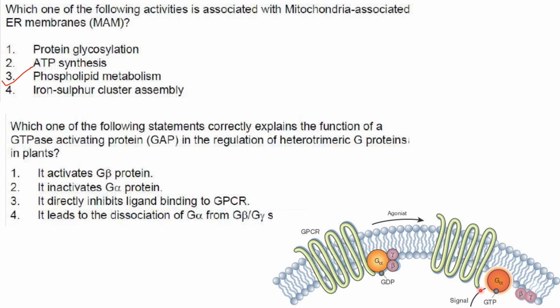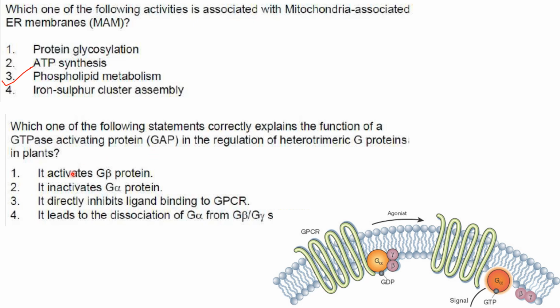Then there are the other enzyme which catalyze the conversion of the active GTP form to the inactive GDP bound form, and these are called as GTPases. So here what they have asked, which of the following statement correctly explain the function of GTPases, that is GAP, that is they convert the active form, that is the GTP bound form, to the inactive form, that is GDP